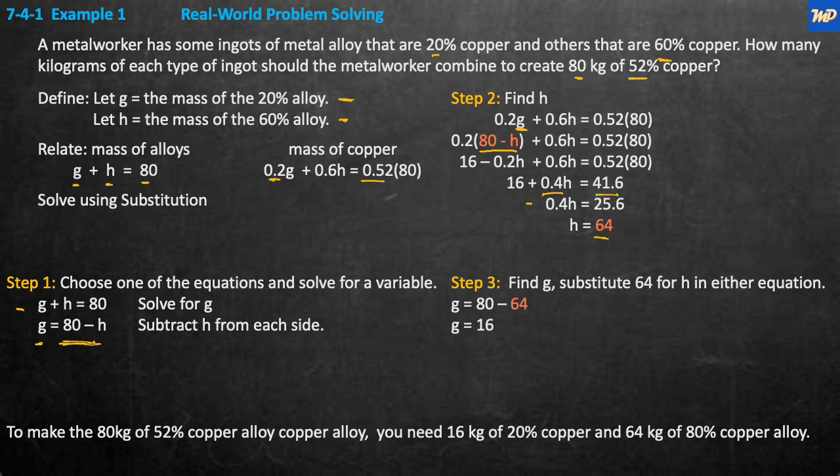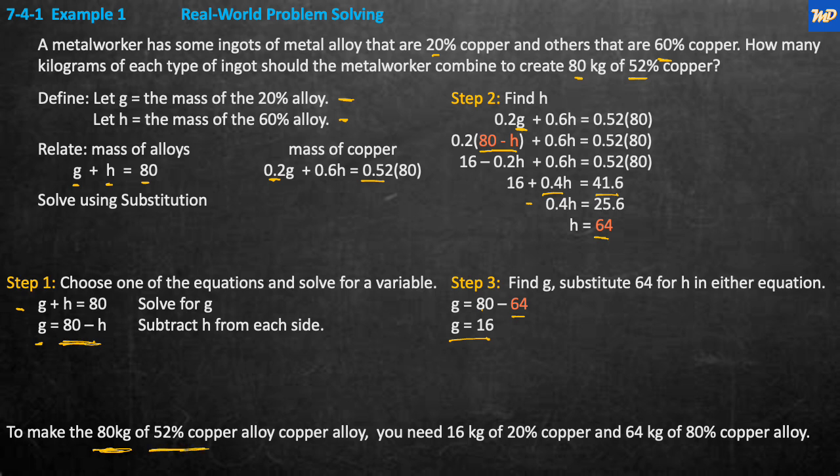Find G. We have H. H is 64. So now we're going to say G is equal to 80 minus 64. And when we do that, we're going to get G is equal to 16. We've now solved it. We can now know to make 80 kilograms of 52% copper